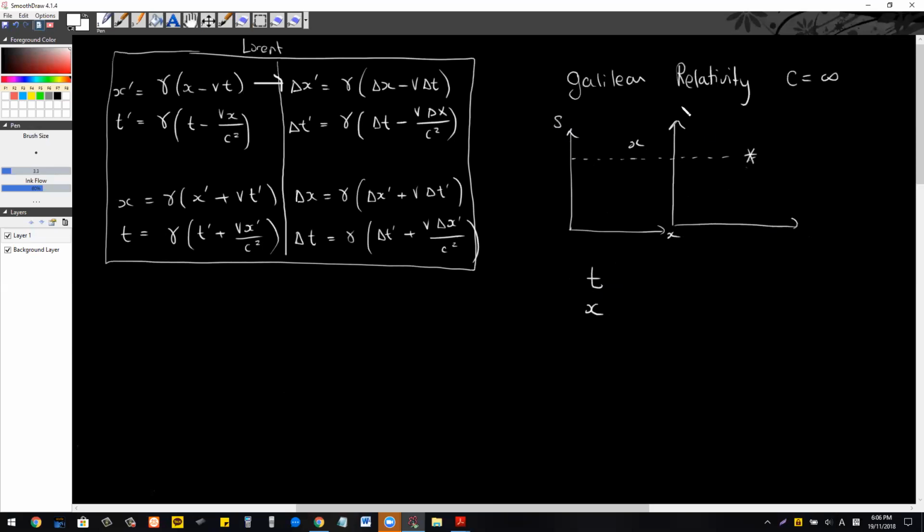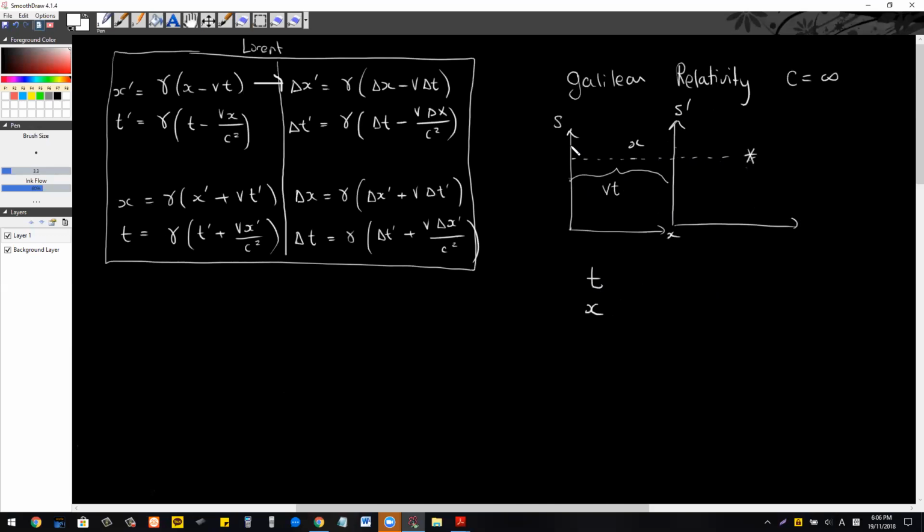According to Galilean relativity, ignoring all the special relativity, by this much time this frame has moved how much? The distance is the velocity of this frame times this time, isn't it? So according to the S dash frame, he's going to observe